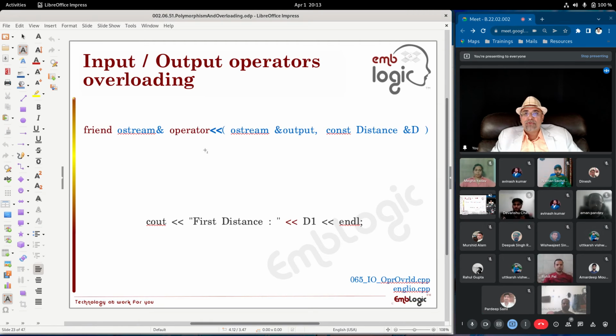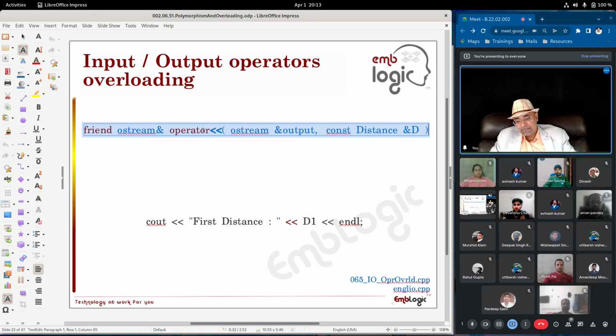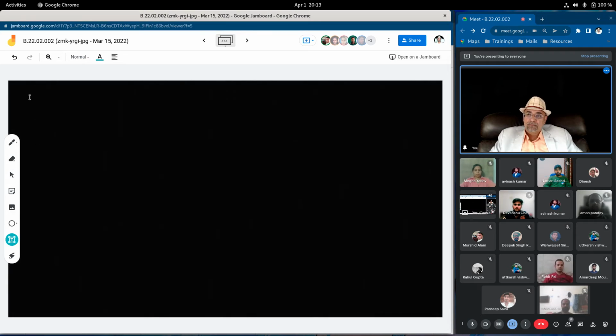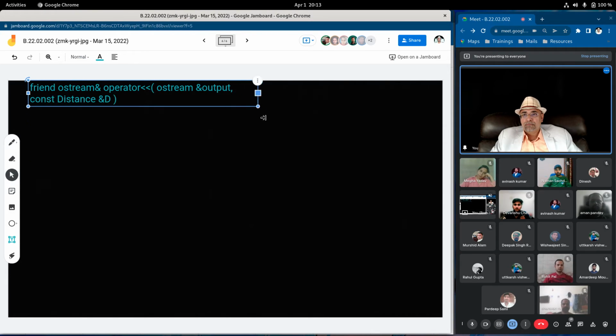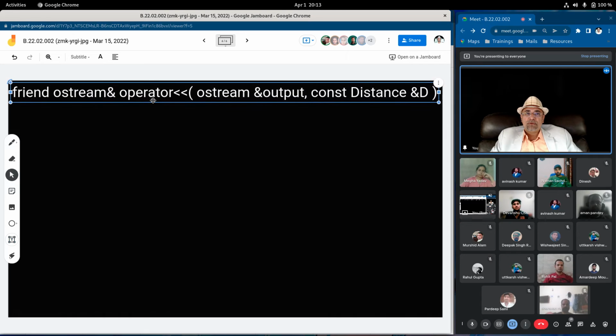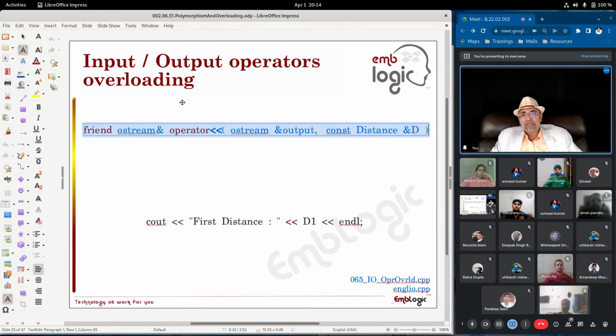So this is how you overload these operators. Have a look at this operator. Now this is the operator being overloaded, the insertion operator. Like we are doing cout, cout will display the information. Either a variable or a string will be displayed first, "Distance:".